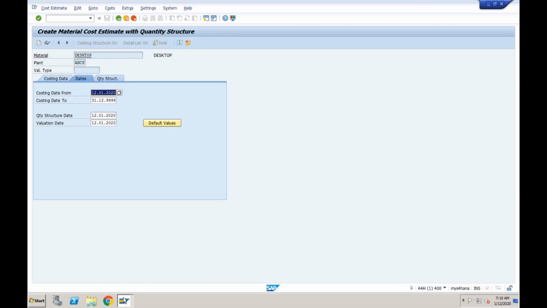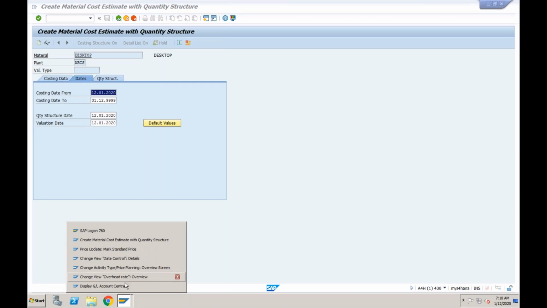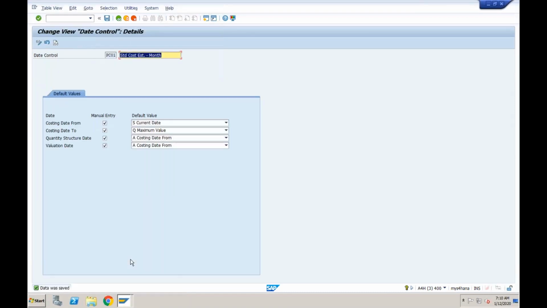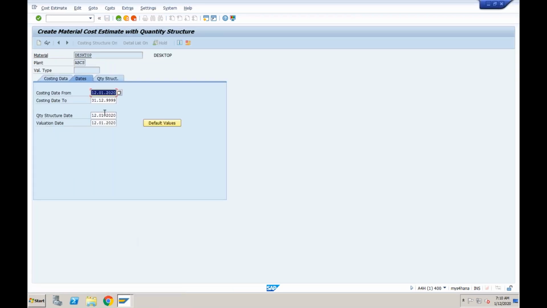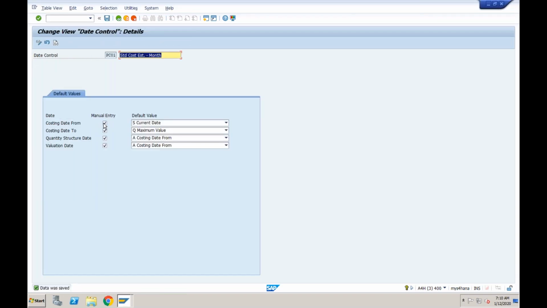Again, whether we are allowed to change or not can also be controlled from here. See, manual entry is allowed. That is the reason it is giving you the option of changing it. I can change it. But if I untick all these things,